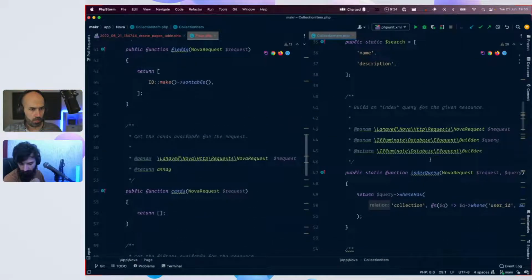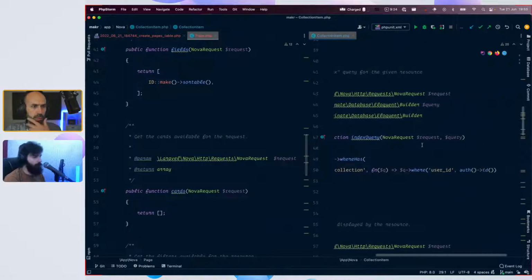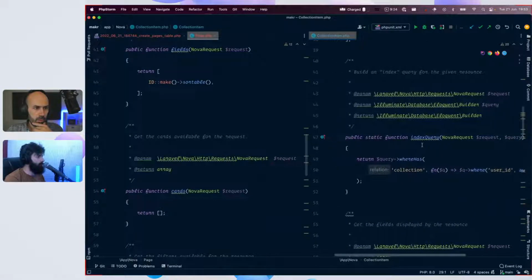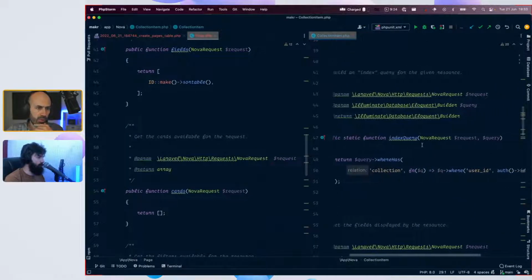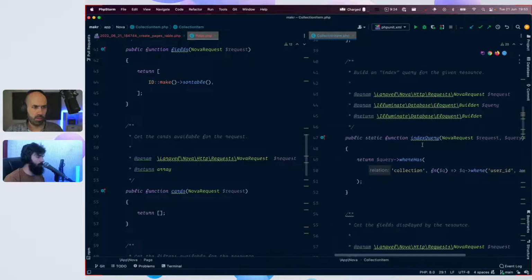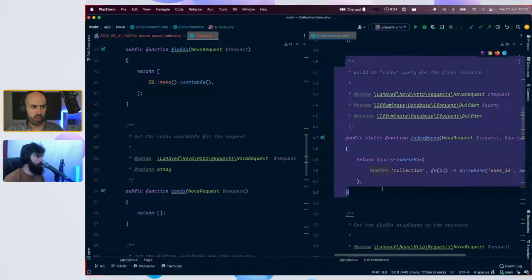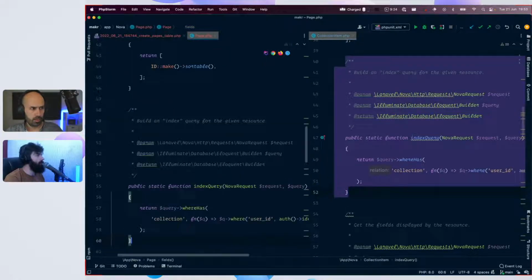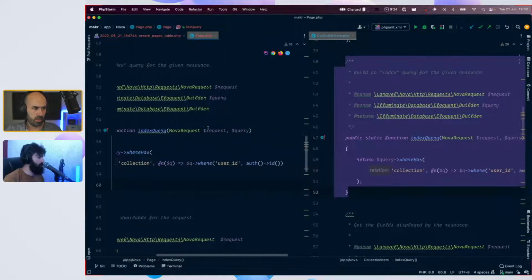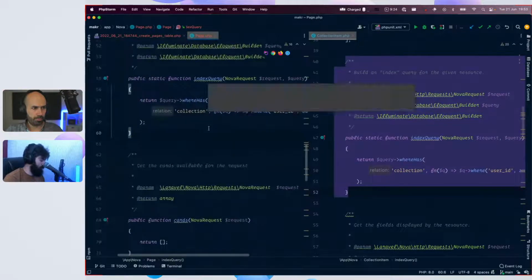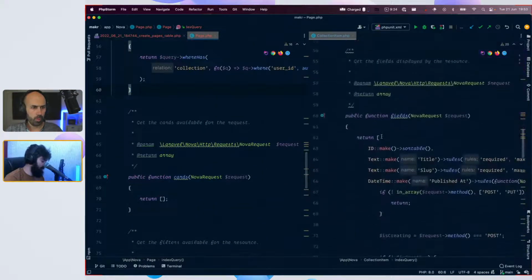Index query, we've put it because we will only see pages that the user in front of the screen is an owner of, right? Yes. So that's what we have right here. Probably the logic is the same.